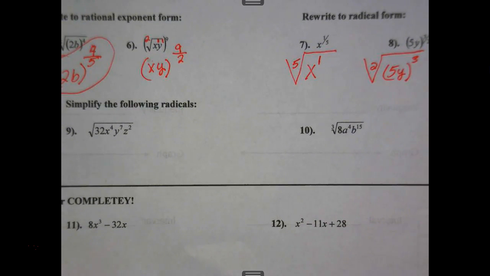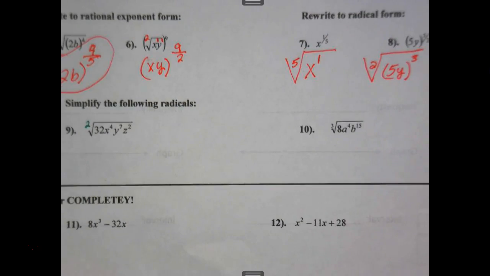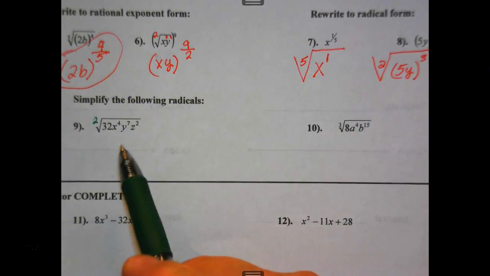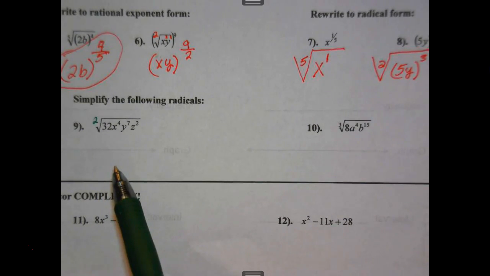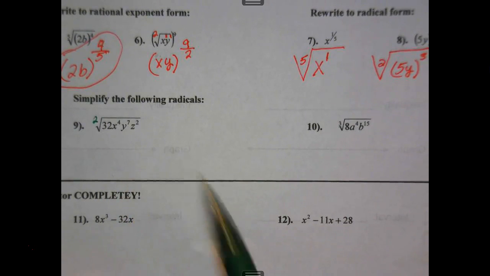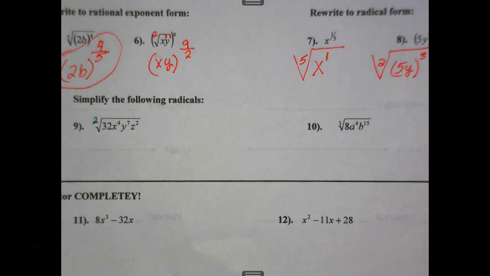Number 9, this was a train wreck. You guys didn't do too well. Now, this is a square root, right? So I have to find a factor of 32, the highest perfect square. Okay, look on your little chart that I gave you, your little cheat sheets, right? The highest perfect square that's a factor of 32 is